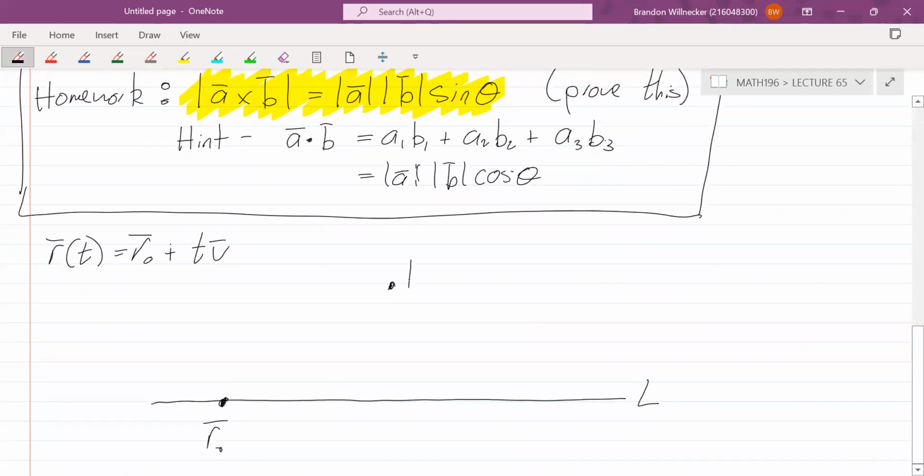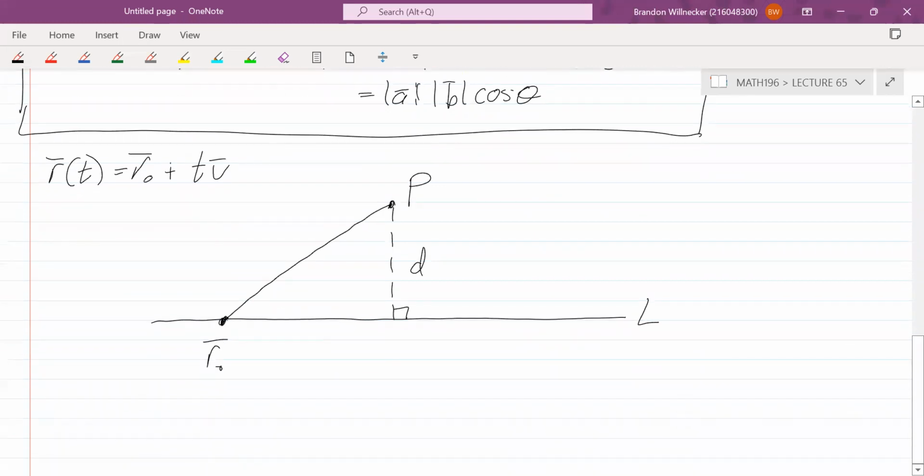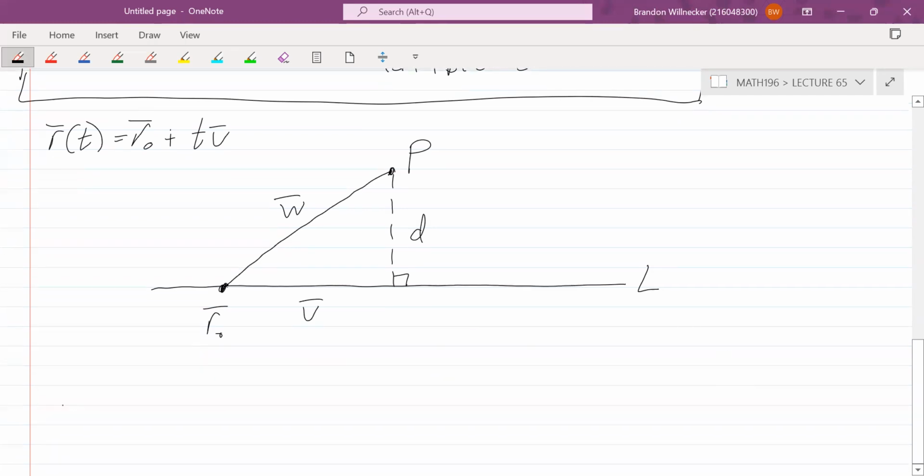Then we've got P over here. Our perpendicular distance D. And this length over here. Remember we called that length W. This vector here was V. That's the vector we use to move along the line. So the distance from P to L, oh, I should say the shortest distance, sorry. The shortest distance